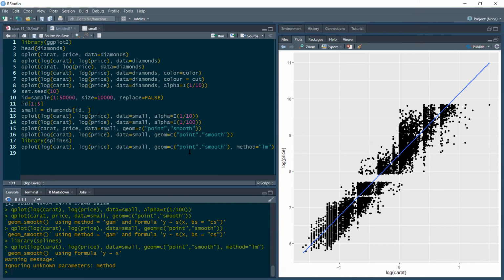I have a question. Sir, what is the procedure for how they are fitting this curve? Is there some statistical procedure? Yes, spline has its own fitting procedure. It's a bit cumbersome.